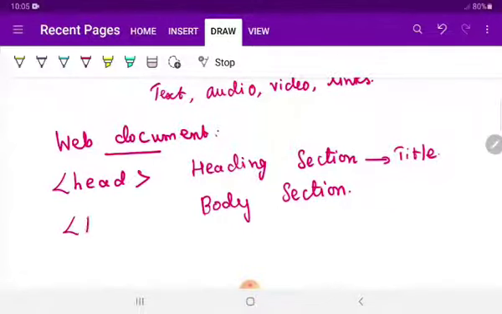This head tag is going to have the closing also, with a slash. So in the head tag, whatever title or heading you are willing to display, that is what you have to write here. It opens with head and it also closes with slash head. Clear with this one? Similarly, if you are going to have any title, that title also is going to have a tag.